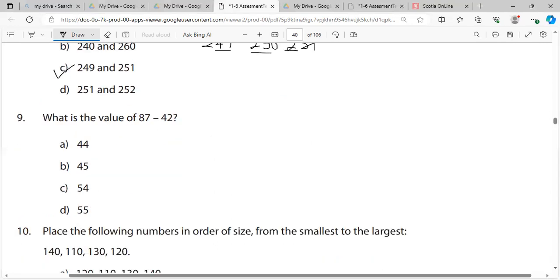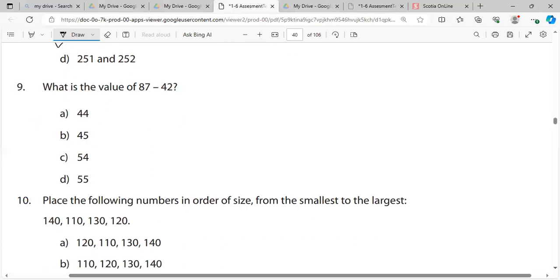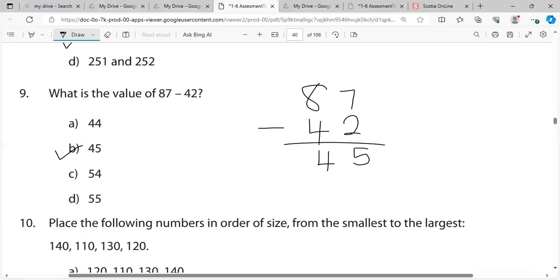Number 9, what is the value of 87 minus 42? So you set it out. Remember, tens under tens, ones under ones. So we have 2 ones here in 42 and 4 tens. 2 from 7, that leaves 5, and 4 from that leaves 4. So that would be 45. Number 9 could have been